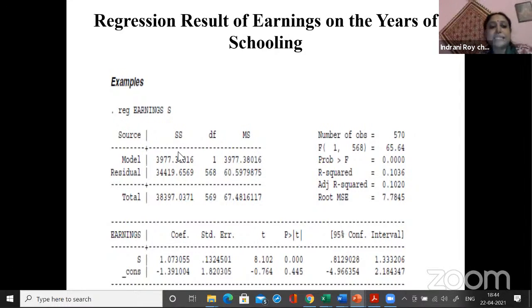Okay. Apart from that, I haven't done the ANOVA here because of the lack of time, so I can't explain this part, but let us explain this part. You have one R squared. This one we have explained. So this R square is basically the coefficient of determination, also called the goodness of fit of the model. But here your R square is only 10%, okay, 10.3%, which basically says that only 10% of the variability of earning is captured by the years of schooling.